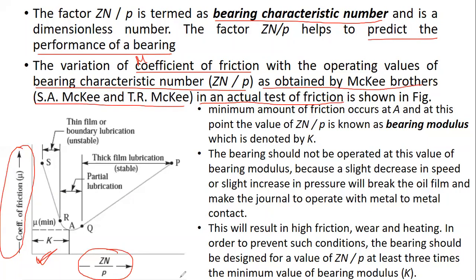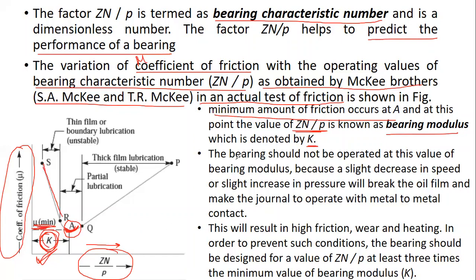If you see carefully at this graph, right, as the bearing characteristic number increases, you can see here the mu is reducing, but the minimum amount of friction occurs at A. Minimum amount of friction is occurring at this point A. And at this point, the value of bearing characteristic number Zn by P is known as bearing modulus denoted by capital K. You can see here in the diagram capital K. This is the minimum mu at A,